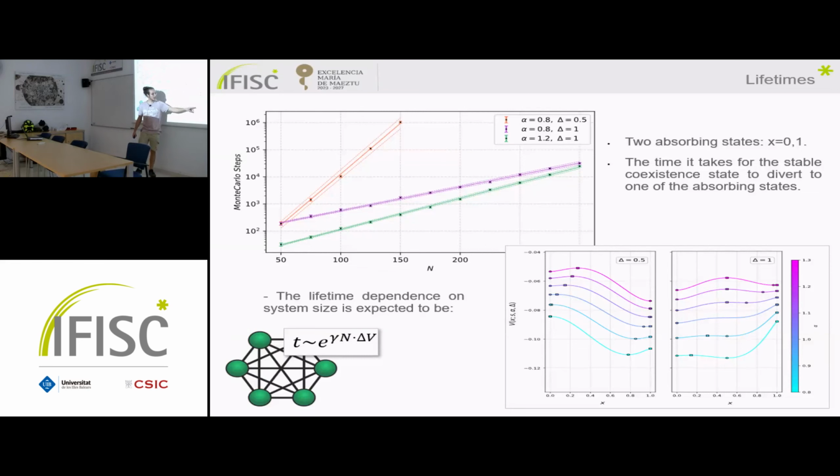And we see that the potential barrier to get to the closest absorbing state is quite high compared to the other two, which are alpha equals 1.2 and delta equals 1, which is much lower, and alpha equals 0.8 and delta equals 1, which is also much lower in order to reach the absorbing state. Also, the probability of reaching one state or the other depends on the potential, since